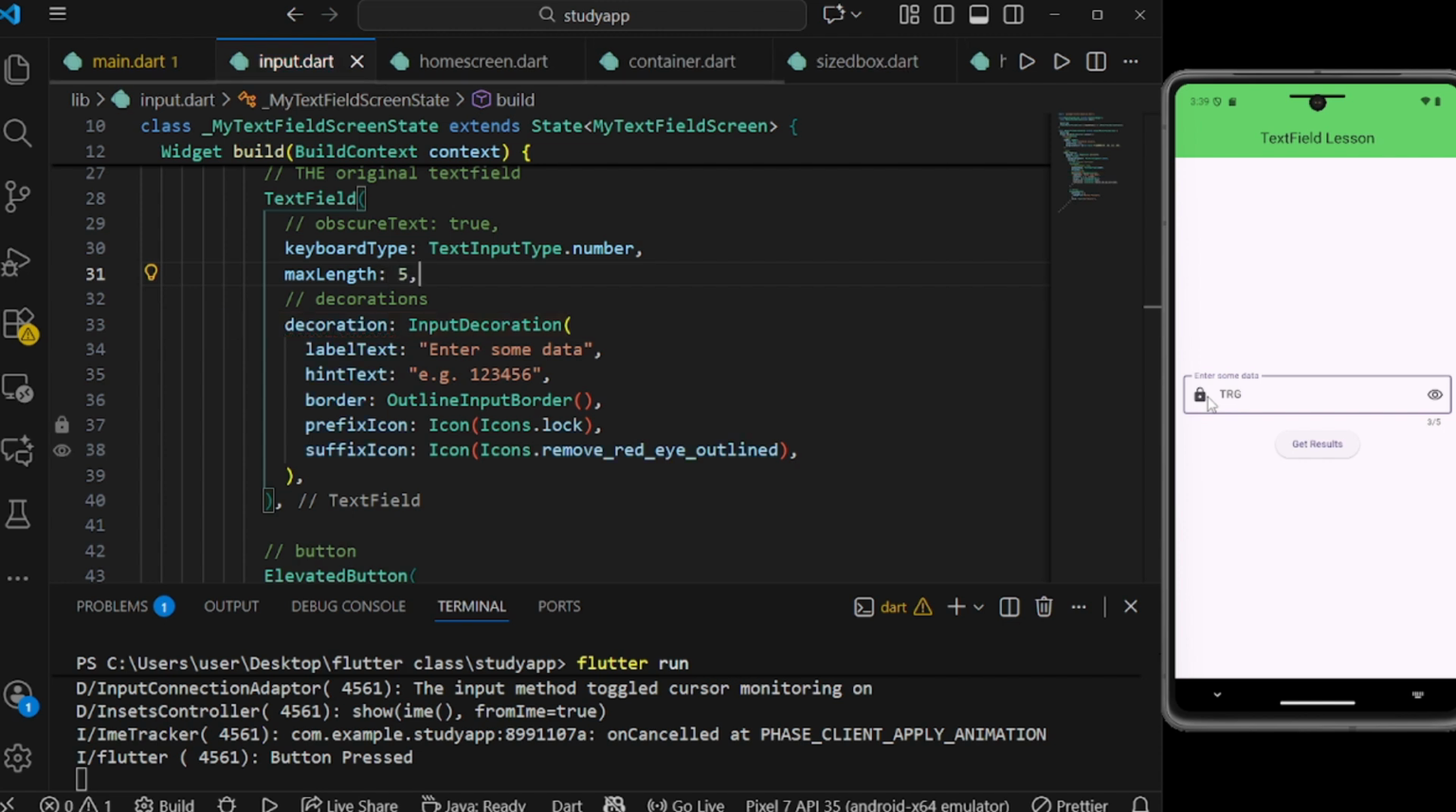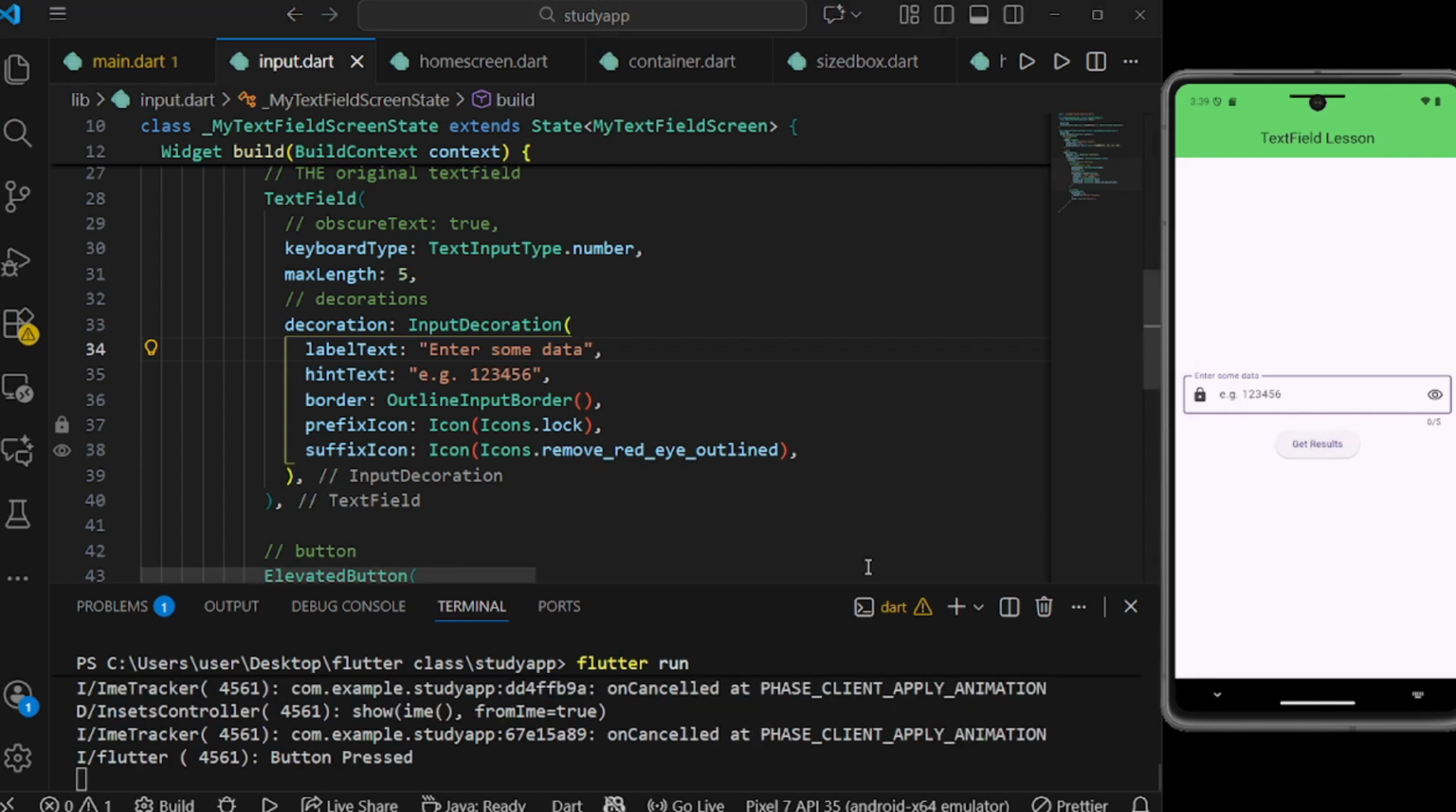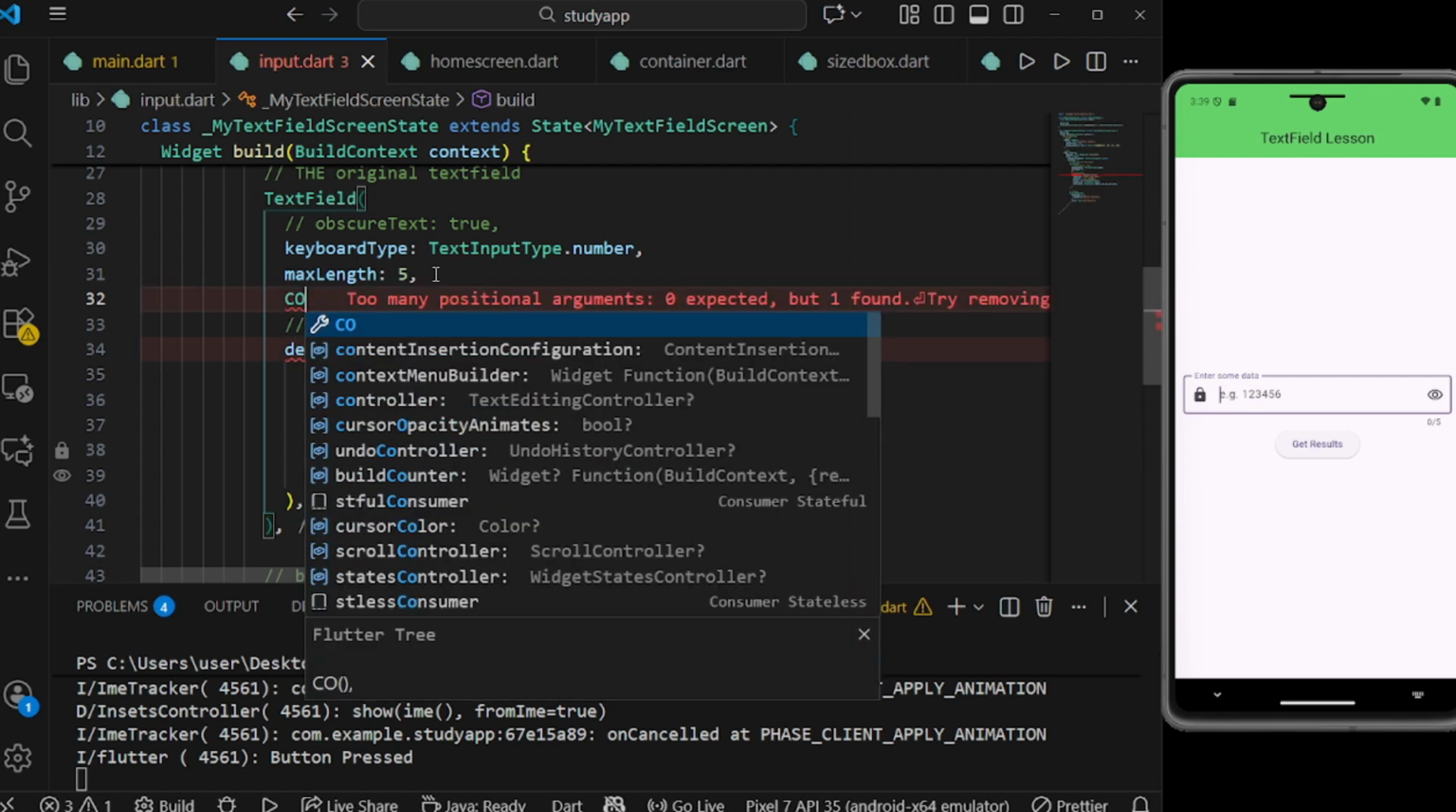I think I made a mistake here. Yeah, so that's what we have right now. I want to enter here, right? So nothing here, I print here, nothing is showing. So now we need to add a controller to everything in the text field. One of the arguments in the text field, remember, it is at the text field side, not at the decoration side, right? So we have something called